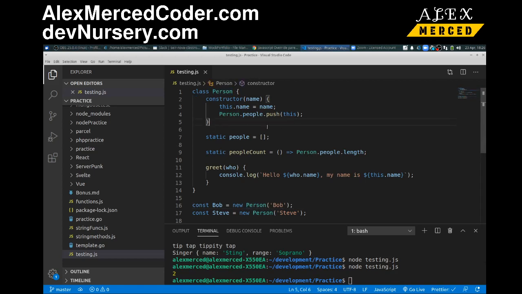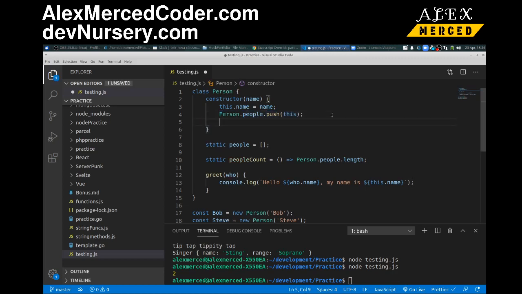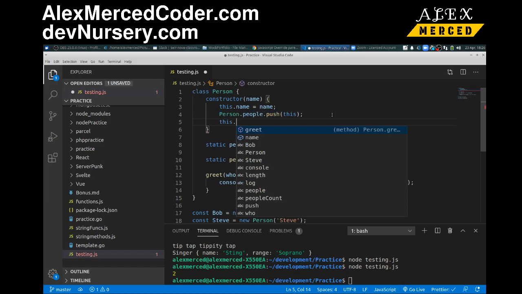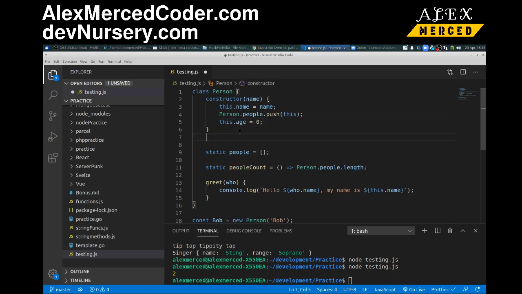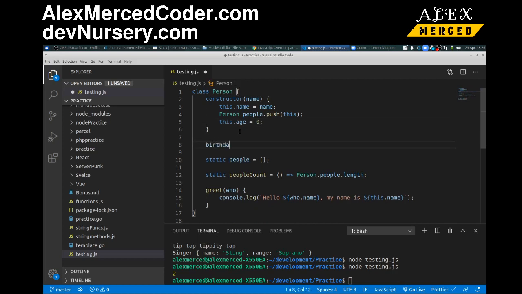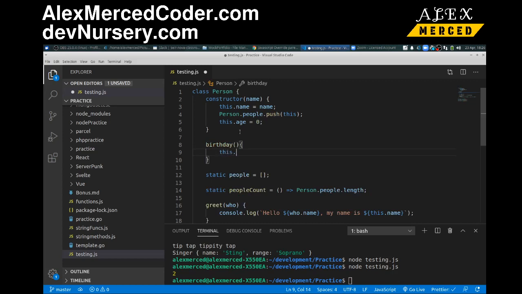Okay, so let's say age. Let's say this person has an age. So when the person is born, they start with an age of 0. Okay, but I don't want people to be able to change their age. The only way I want people to age is that I'm going to have a method called birthday, and what this does, it takes this.age